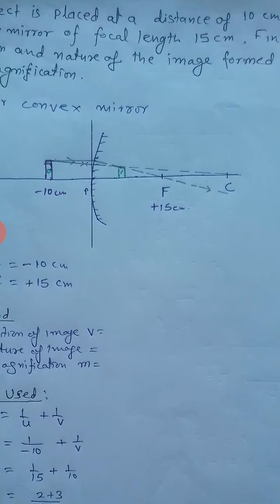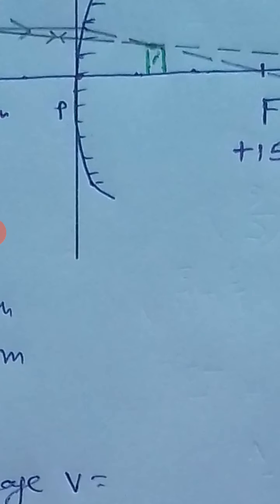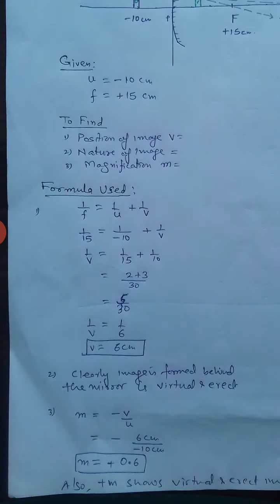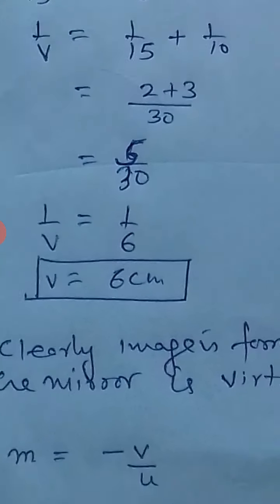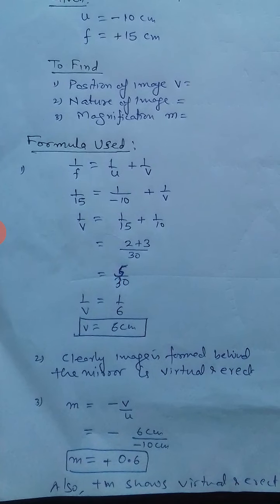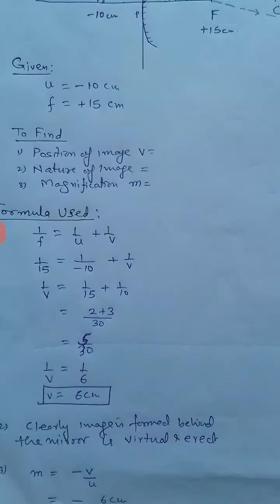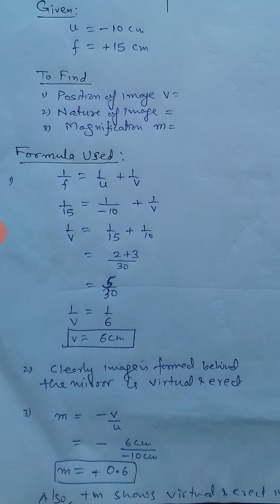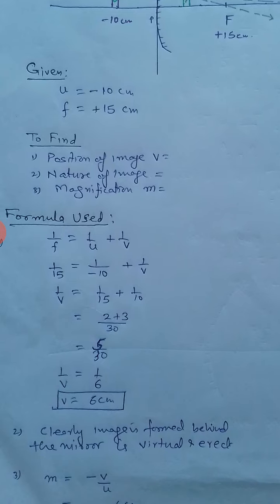Now we will apply the rules. A ray passing parallel to the principal axis passes through the focus. As it is behind the mirror, you will draw a dotted line. Similarly, for the other rule, passing through the center of curvature, we have applied, and where they intersect, this is the position of the image. You can clearly see that it is after 5, which is between 5 and 10, and we are also getting the position of the image as 6 centimeter, isn't it? So you can check by the diagram that both are coming correct. Your numerical method that you are solving and also the diagram should both match with each other. So the ray diagram is very helpful to you to get and confirm this.